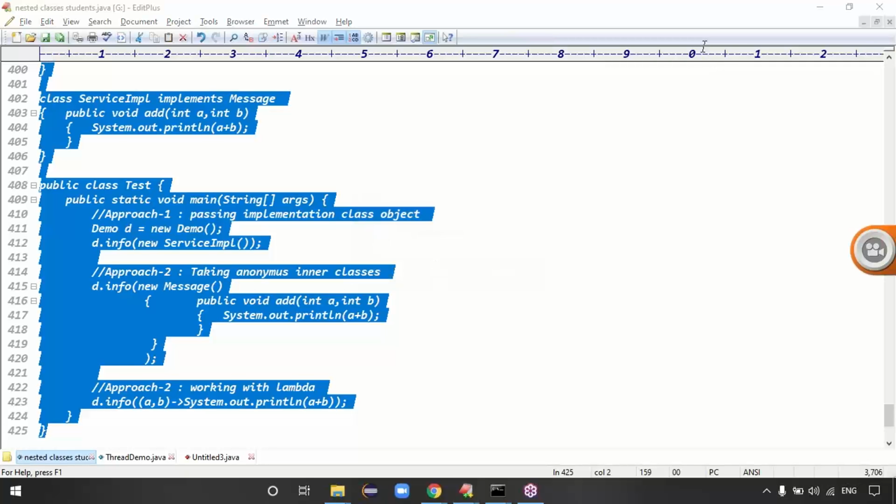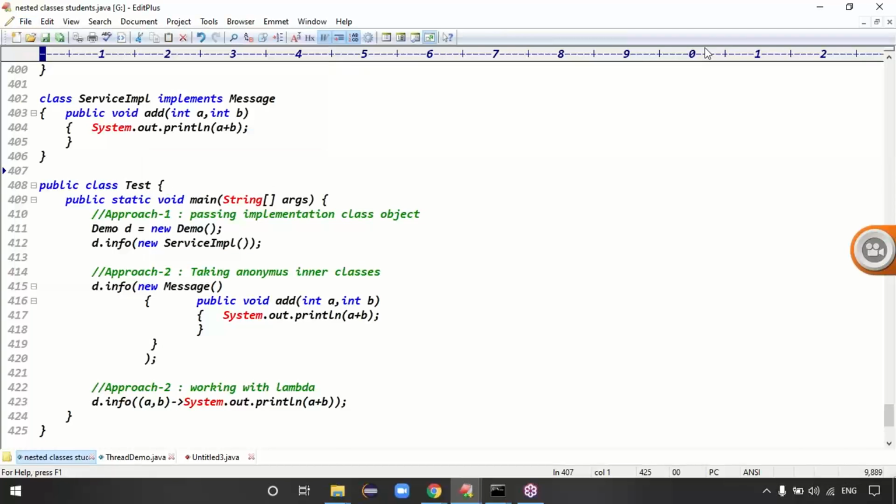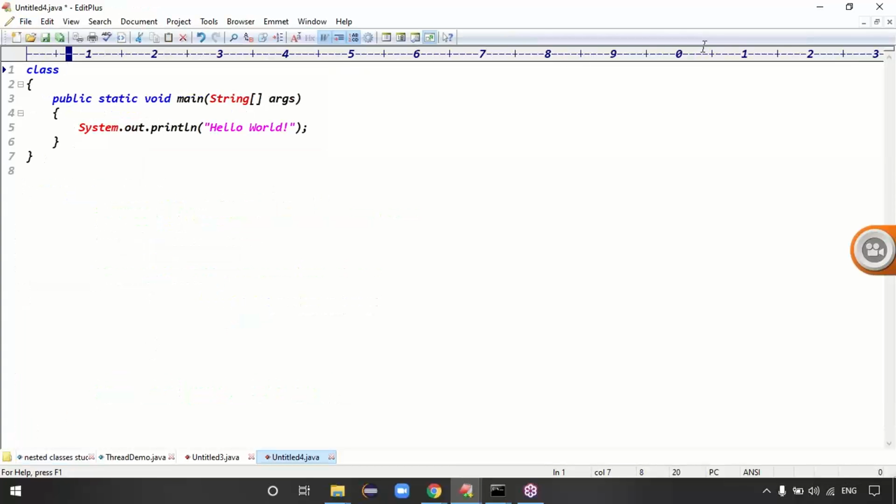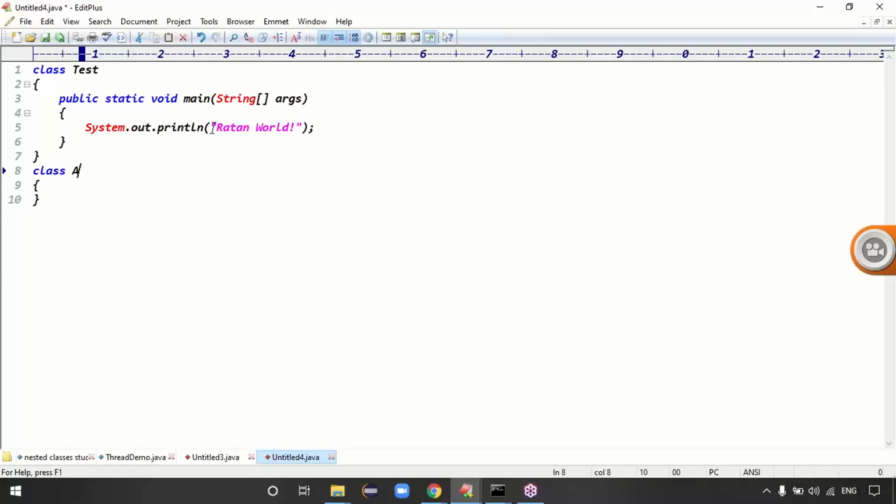So tell me, the first application, what you wrote in the last class: go to the File menu, click on New, Java. Here we wrote the first application, right? Java is object oriented and deals with classes. The class name is called TestClass. Here you can write the Ratan world. At project level we said there can be multiple classes, so you can define class A and one more class B.